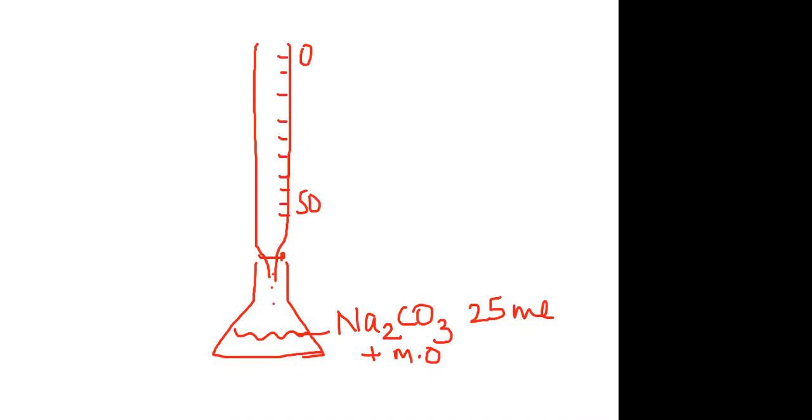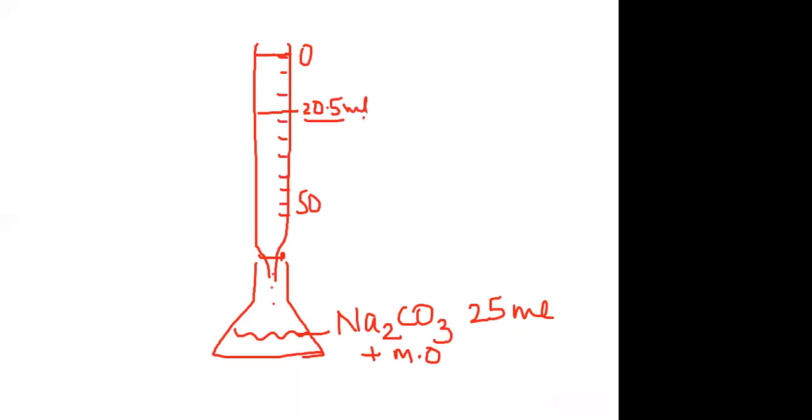Now, what will happen in the burette is that you have set the burette at the 0 mark. To begin the titration, you have to understand that you fill the burette till the 0 mark. And from the 0 mark, as the solution is being added, the level will keep falling. At a time, let us say it comes to a value of around 20 or 20.5 ml. Now, this is the titer reading we are talking about.